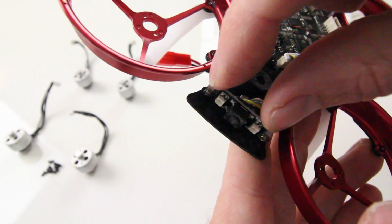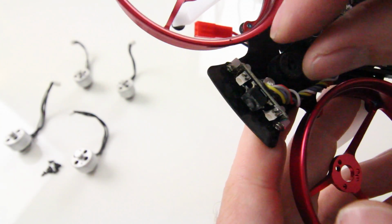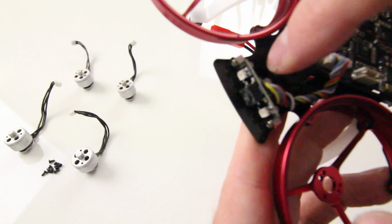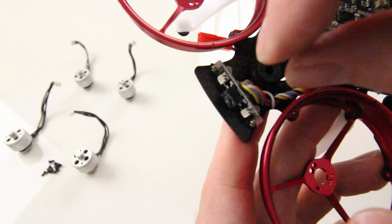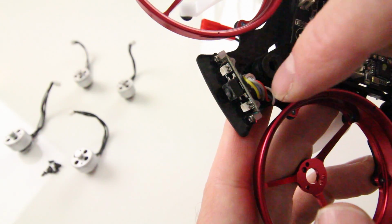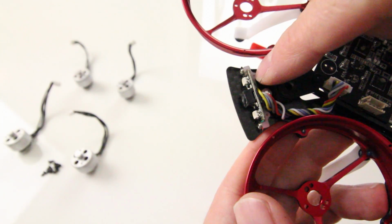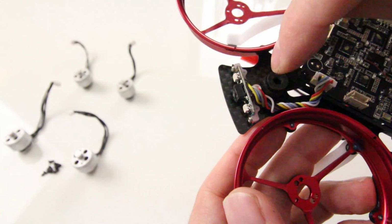Make sure that when you put your on-off circuit board in here that it does fit in the right section of this plastic frame, because you want to make sure that it's in the right slot. If it's off on either side, it's going to end up being loose. So if you want to add some extra security to this, you can put a little dab of hot glue on this side. I wouldn't do too much, and maybe one on that side, but don't get your hot glue